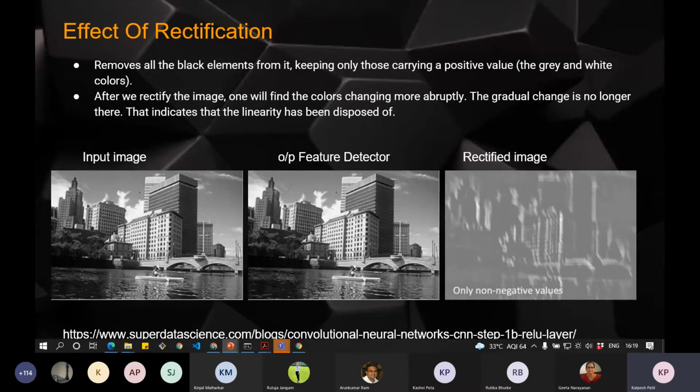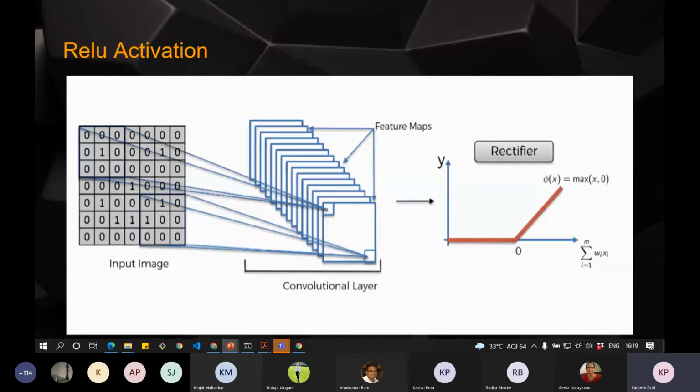So you will get an idea of what you will get after the rectified image. It eliminates all the black components of your image and only takes the gray and white. You will get only white components. So as you have seen, this is a function of